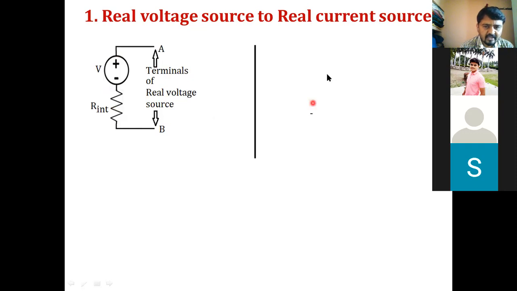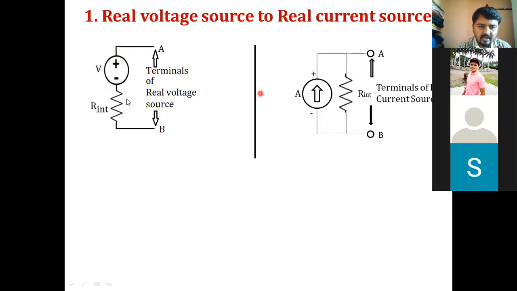Yes. So that I value, in the circle of the voltage source, this arrow here, this is the positive side, no? Positive side arrow mark आने का है. From that arrow mark you have to draw the circle here. Whatever I equal to V by R, this V divided by R that you got, that is the current source, इधर ड्रा करने का, और वो current value कितना थे वो इधर लिख देने का. So next, parallel resistance R internal. Whatever the series resistance is there, that same value of resistance we have to connect in parallel with this current source here. So this voltage source is converted into current source here.